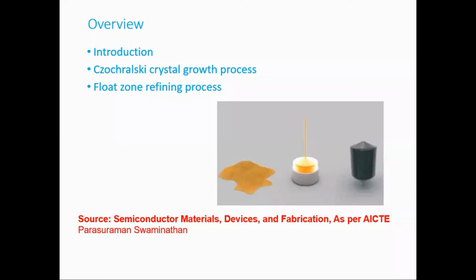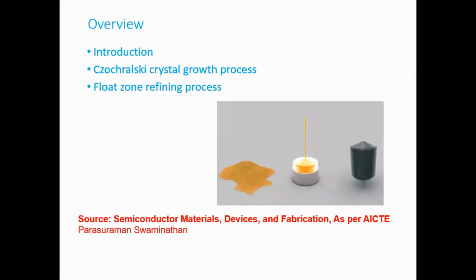So why do we need a particular crystal orientation? When we go for manufacturing of ICs on this wafer, a particular geometry, such as 100 or something like that, is favored. But your crystal is amorphous in nature, so we want the crystal to be in a particular orientation. In this class, we will be discussing two different processes by which we can obtain a crystal of particular orientation.